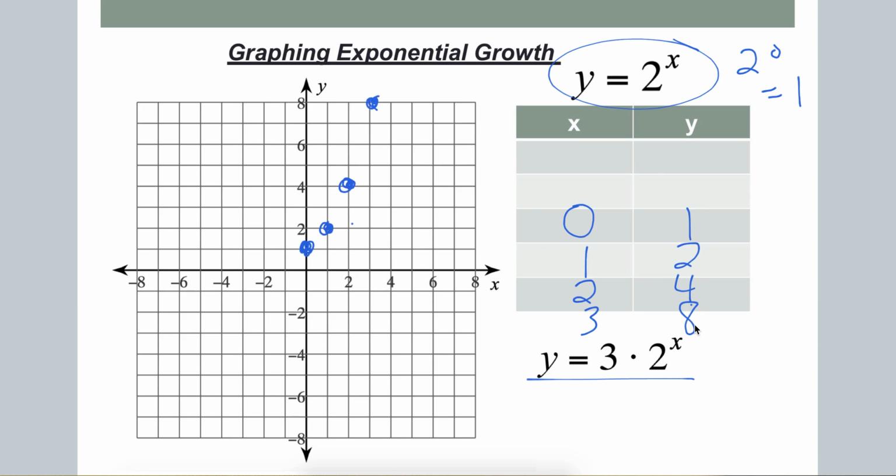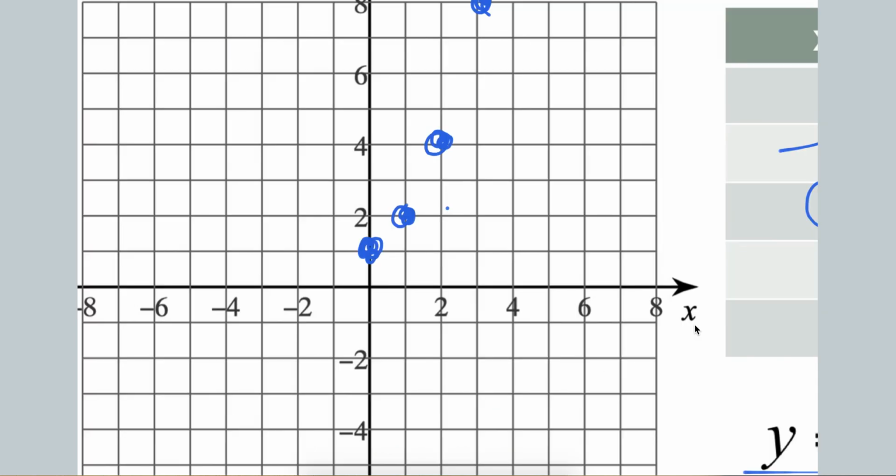Now let's pick some negative values. So it's important to remember what happens and what we do with negative exponents. So if I plug in -1 for x, so I'll come off here. So 2 to the -1. Remember, that's just 1 over 2 to the +1. So 1 over 2. So I get 1/2 when I plug in -1. So let's plot that. -1, 1/2 would be here,